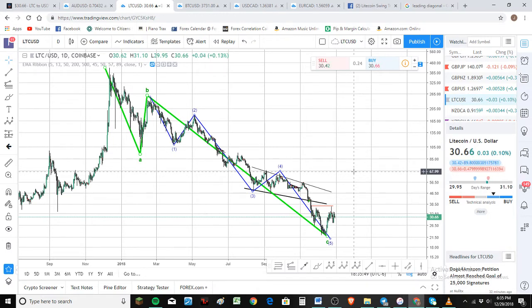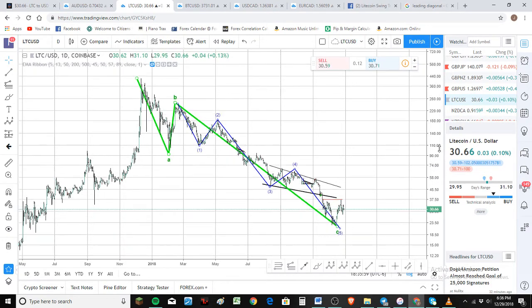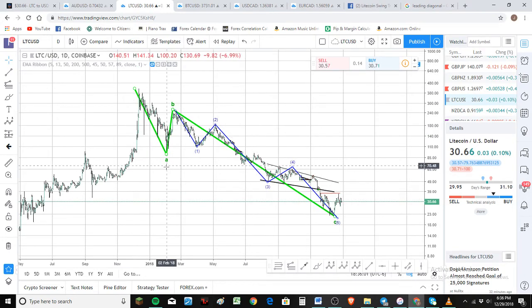If not, we're making an ABC to the upside. We formed A. We are currently making the B. I'm not sure if that's in yet, and we'll talk about that in just a minute. But here's what we're looking at. First of all, here's your A, the big A, the large correction, A, B, C, and here are the 5 waves of C. You ought to be able to count 5 waves, and it's easy in logarithmic scale to count it.